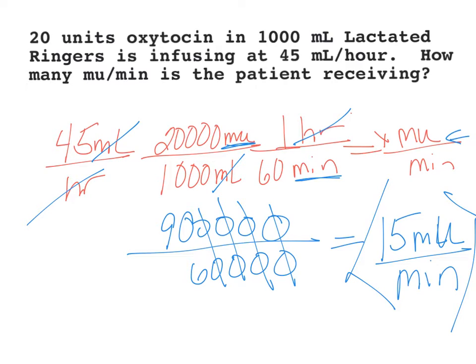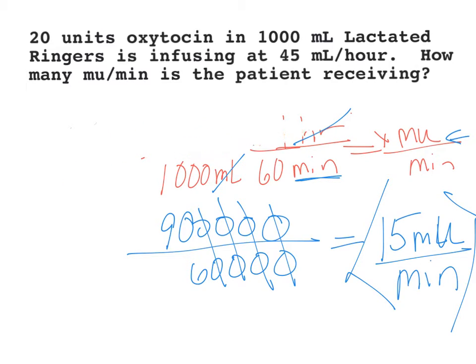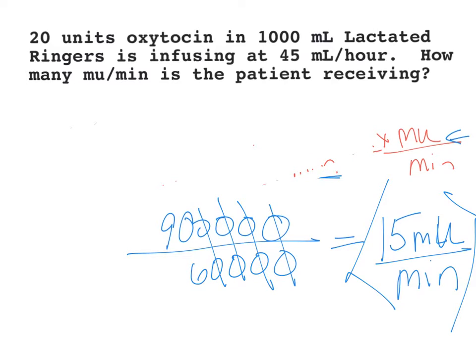I could have a problem that said something like, here, let me just erase my board here. In report, the outgoing nurse tells you that her pit is at 14 MUs per minute. You walk into the room and you see the pump rate set to 45 mLs per hour. Was this correct? And doing the same math that we just kind of discussed,